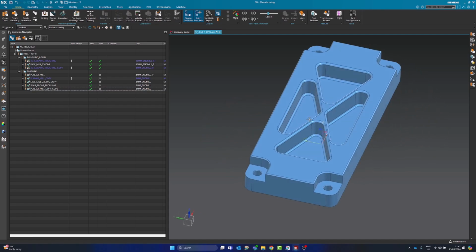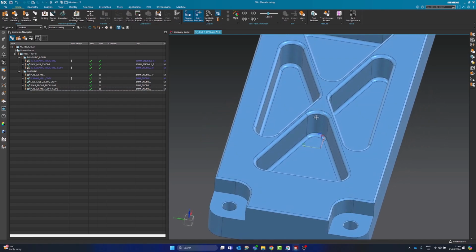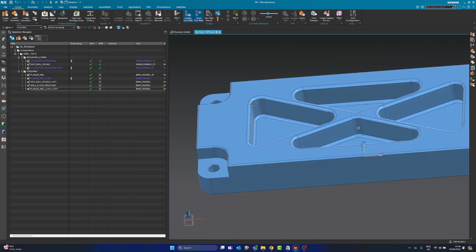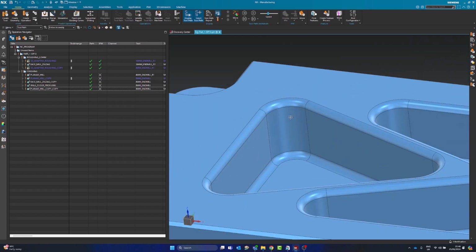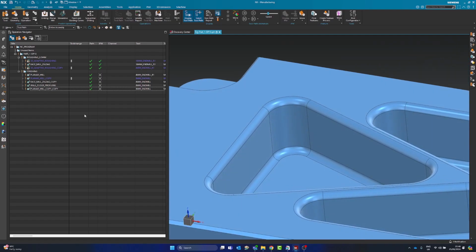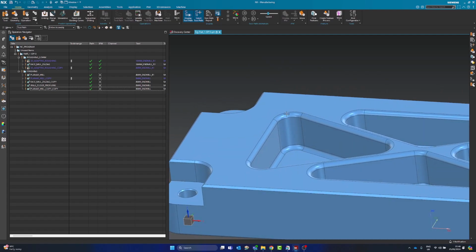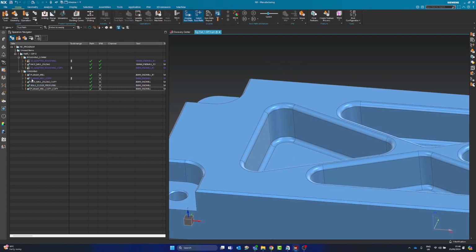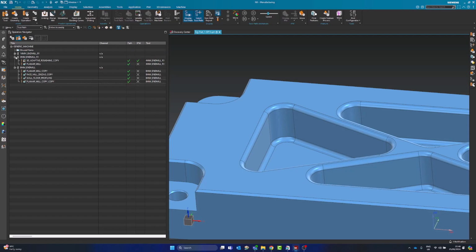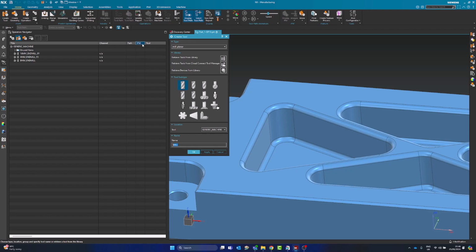Again, we know we need to use a 4mm tool, ideally, to finish these rads, because the ball nose is going to roll into here. So surfacing, this is my favorite thing to do in NX. I love surfacing. And for this radius, we're going to need a ball nose. So let's go and add a ball nose. Again, we're going to come in here and create a tool. We want a ball mill this time, and let's say 4mm